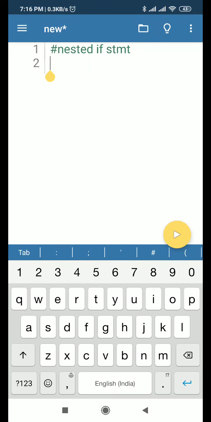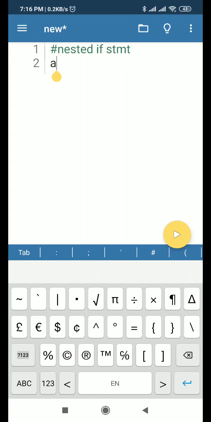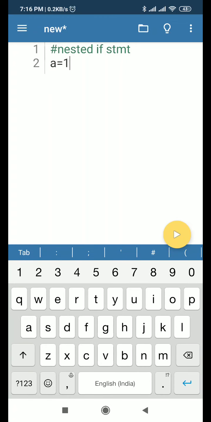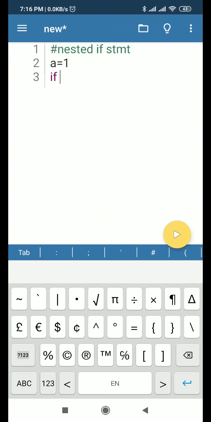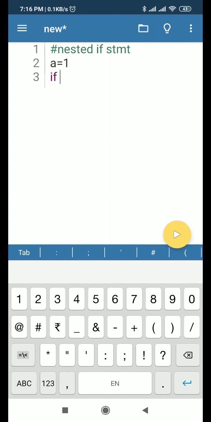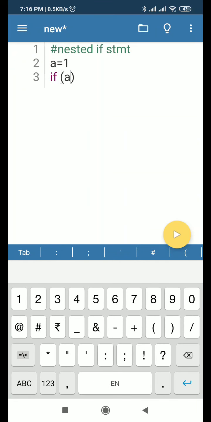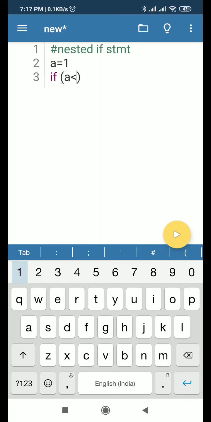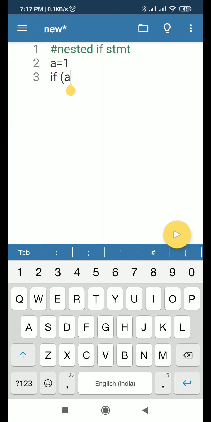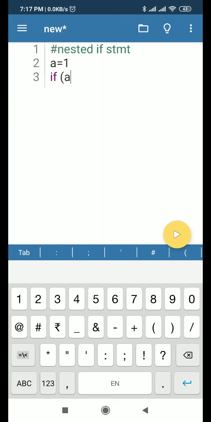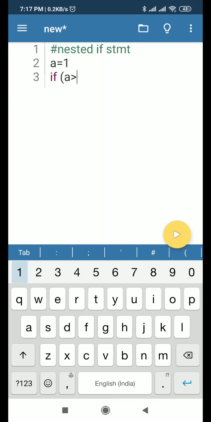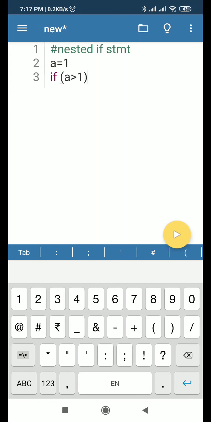Suppose we have a variable a and its value is 1, and I'm using an if statement here. If a is less than 1, or I can say if a is greater than 1, greater than equal to.